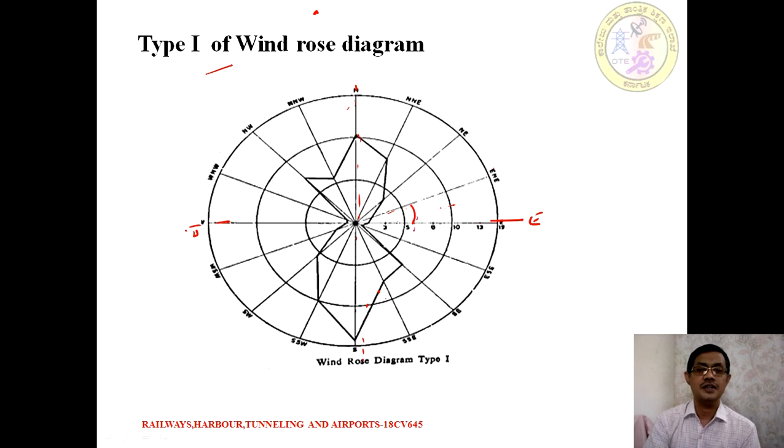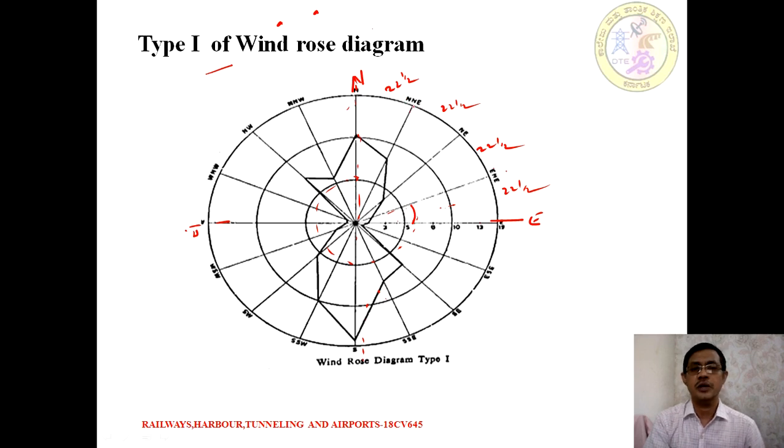Likewise, continue until you reach 360 degrees on the graph sheet. It means try to bisect the north-south and east-west lines with respect to 22.5 degrees. Say for example in the north and east quadrant, this is 22.5 degrees, this is 22.5 degrees, similarly this is also 22.5 and 22.5. In every quadrant we have been bisecting into 22.5.